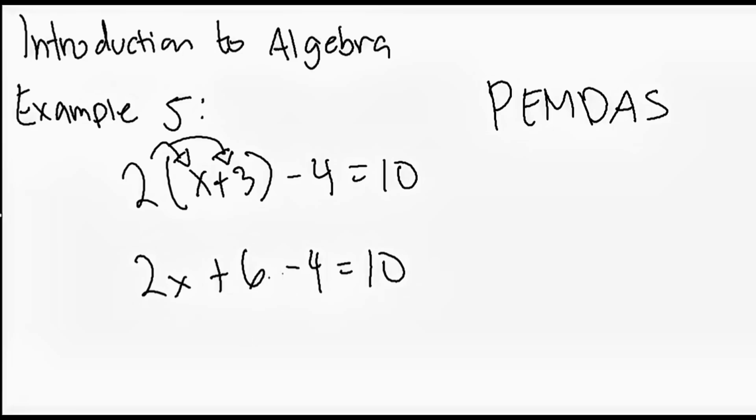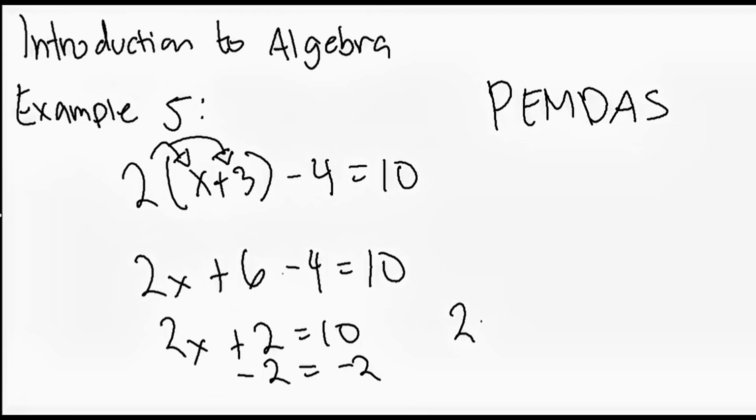So now we have like terms here, so we can just add them. So 6 minus 4 is just 2, so 2x plus 2 is equal to 10. So now we have to get rid of positive 2, so minus 2, which is equal to 2x is equal to 8. And 2x divided by 2, so we're going to get x is equal to